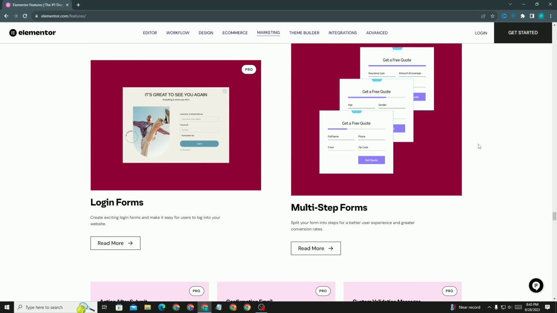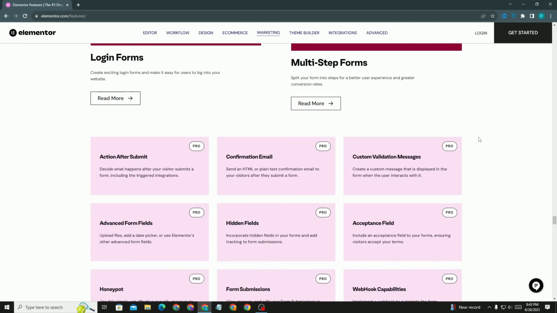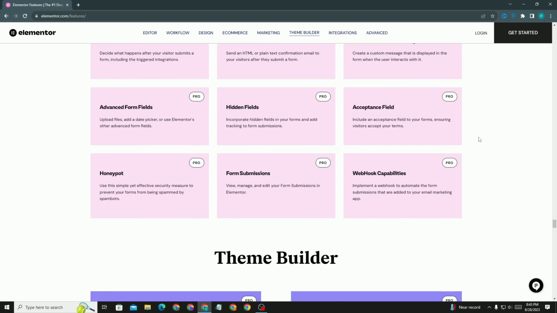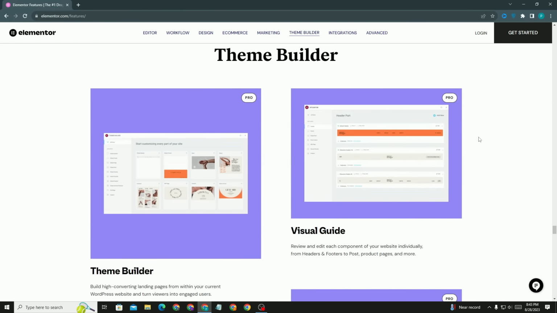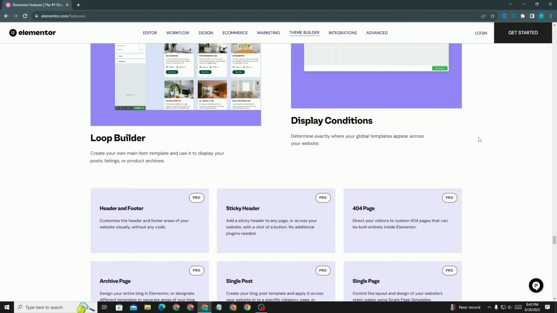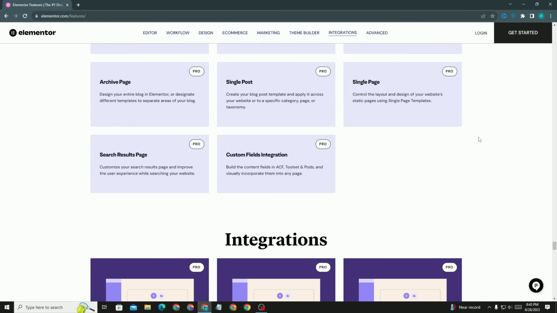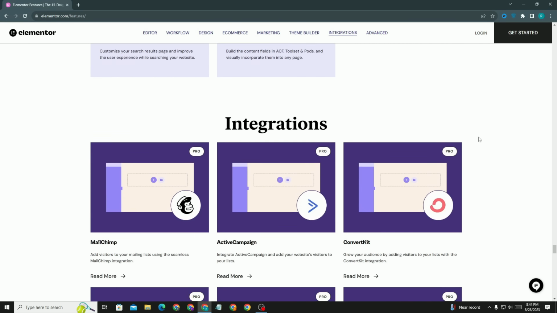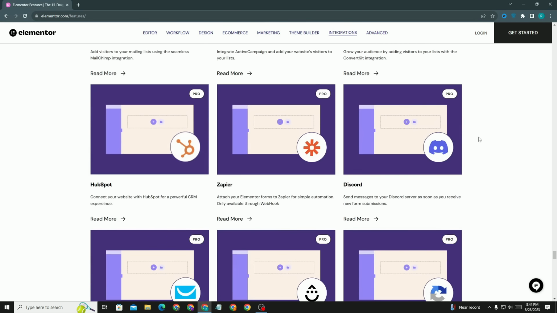You don't have to invest that amount of money to build a very professional website. Just because of Elementor, you will be able to build it at a very cheap amount. So I will go through the pricing also.